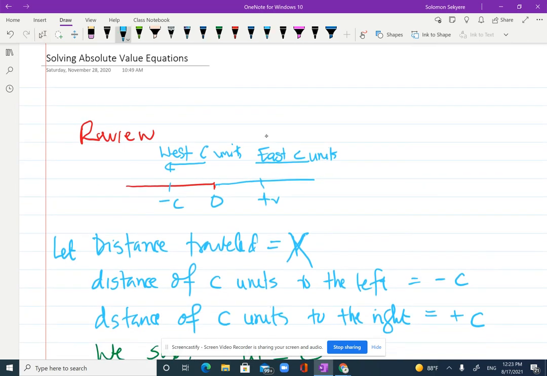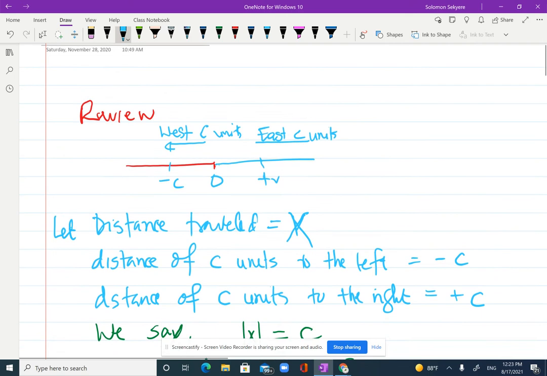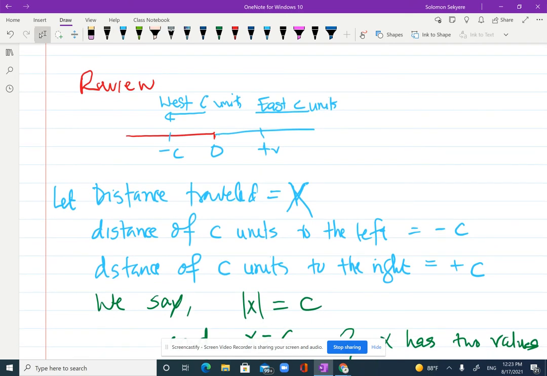Today we're going to quickly cover solving absolute value equations. Let's say you travel a distance to the left. By convention, we say to the left is, let's say, -3, and to the right is +3. But we are talking about distance, so we don't care. We are concerned about just the value of it, whether it's to the left or to the right,